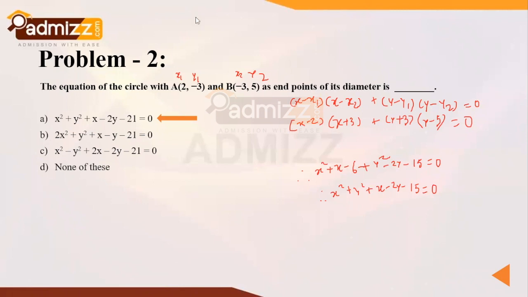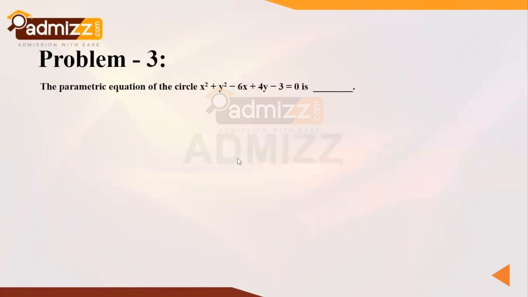Now the last question for our today's topic of discussion, that is the parametric equation of circle. See, the circle is given to you in this particular format, that is the general form is provided to you, not the standard form. So we need to write this particular equation in a very peculiar way so that we can obtain the center points as well as radius. So how to do this, let's have a look.